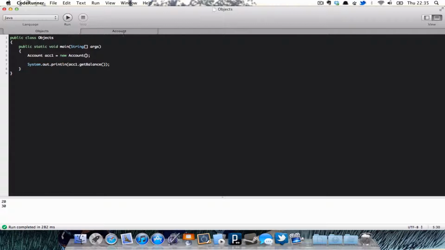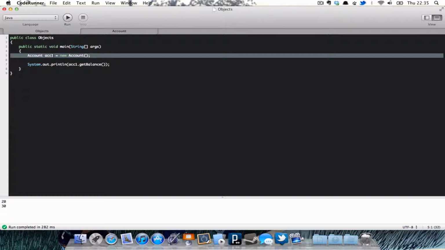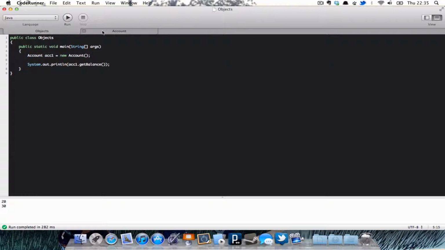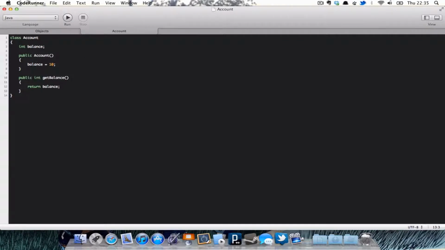Okay, so first of all, before we create an account called ACC1, and we printed the balance, but the balance was already defined inside the constructor. What we want to do now is create an object with a different balance every time, so for example, we can create another constructor, Account,